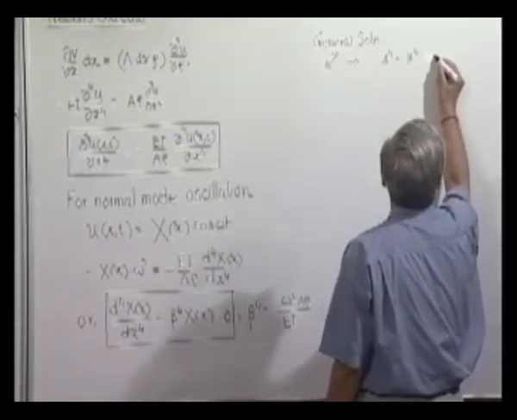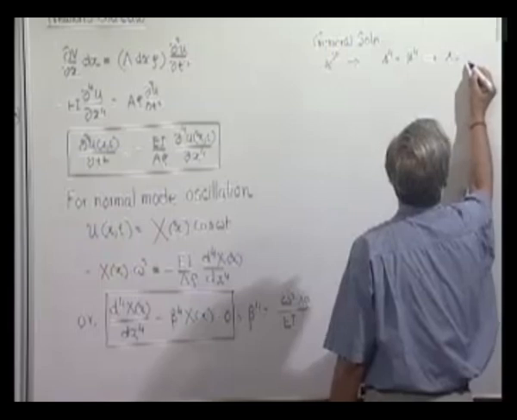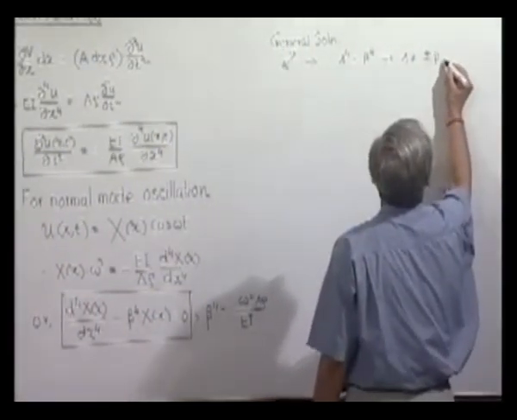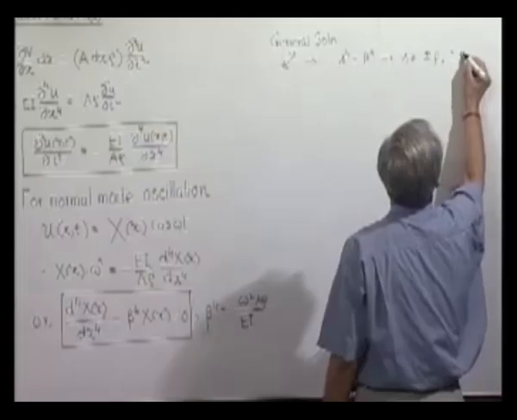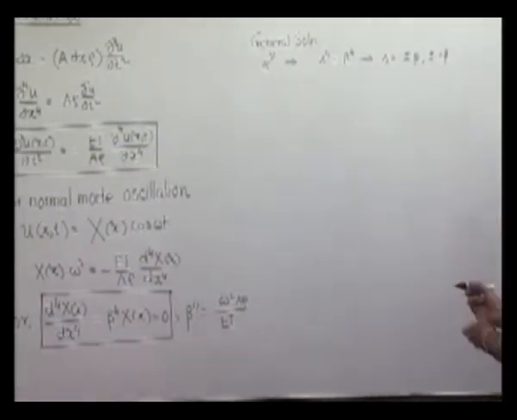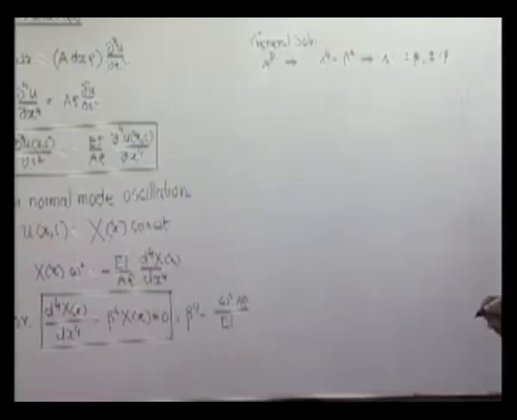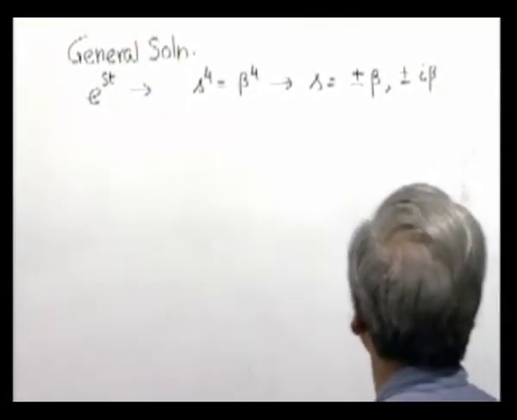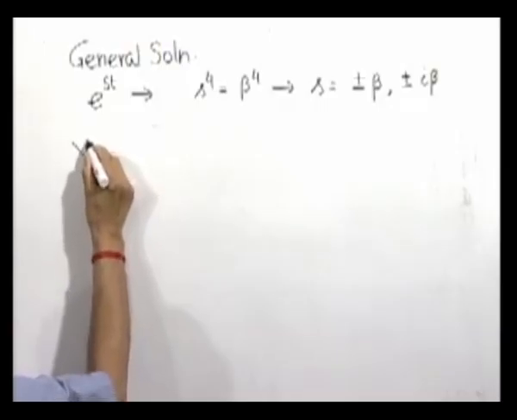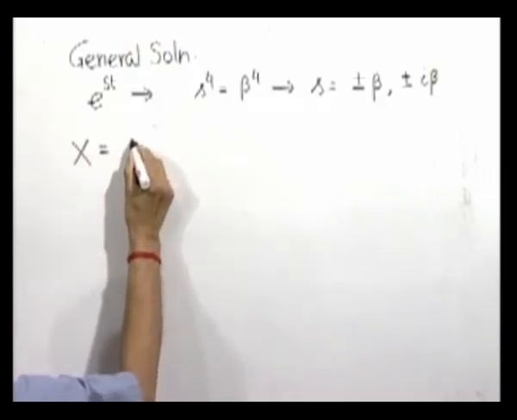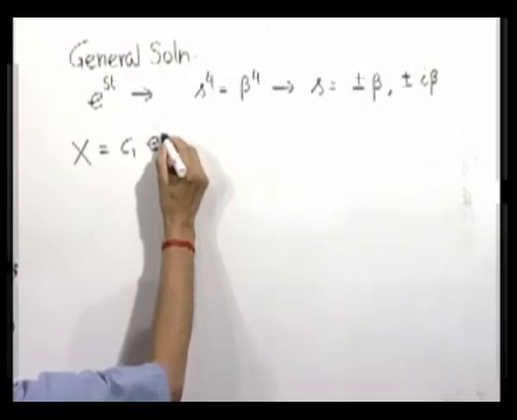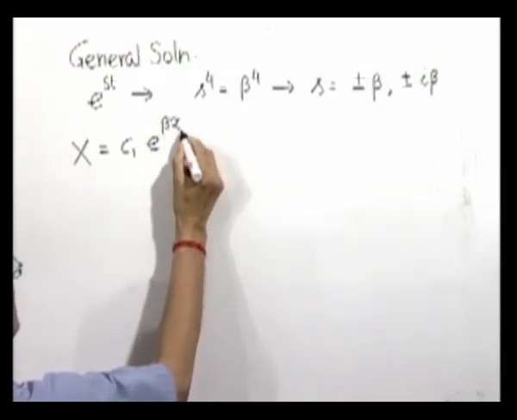So this tells us s equals either plus minus beta or plus minus i beta. There are 4 roots: plus beta, minus beta, plus i beta, minus i beta. So therefore the solution will be of the form C1 e to the power beta x